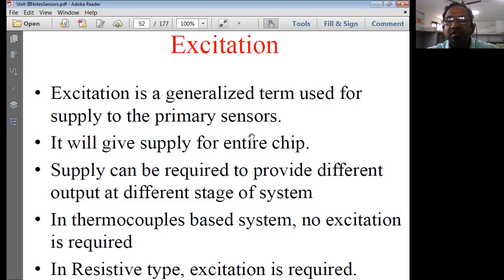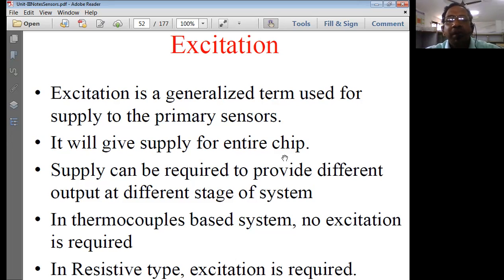For active sensors, they are going to process by taking the supply from the external world, whereas passive sensors do not need any external supply for their operation. It's called a passive sensor. That means it is somewhat a reverse definition in terms of active and passive components. Okay, so that is activeness and passiveness in active and passive sensor components.